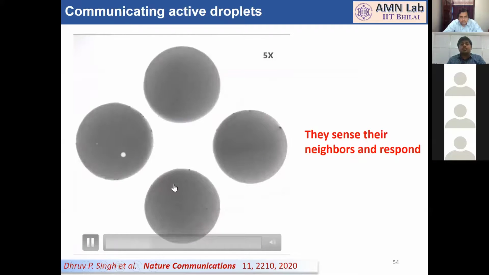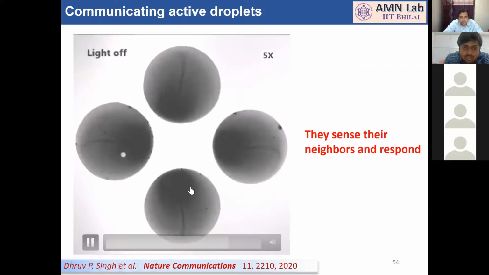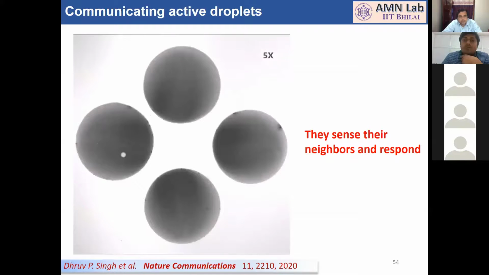They can decide where to go, and they can collectively set their flows pointing towards the common center. This is a very good ability of these things. It basically shows a direction towards building dynamic materials which can autonomously respond to the medium and change their states dynamically. So with this, I end my slides.